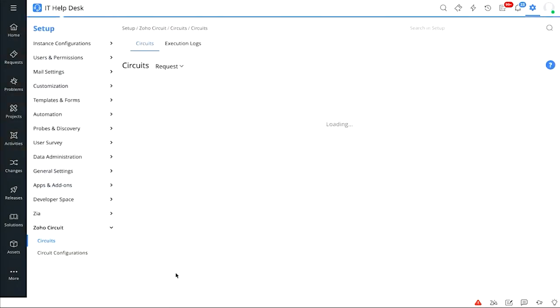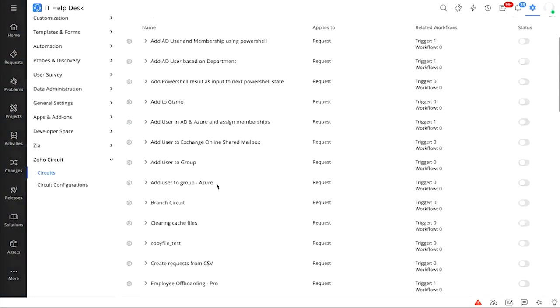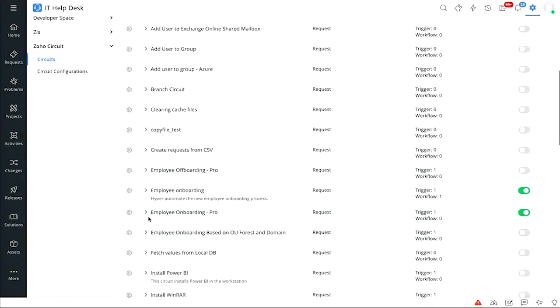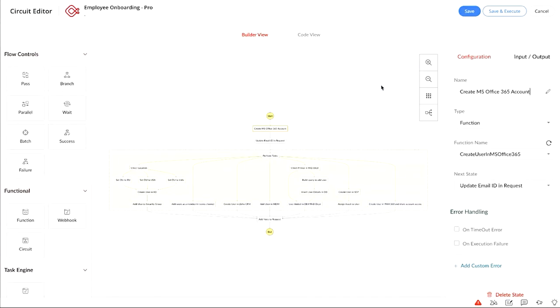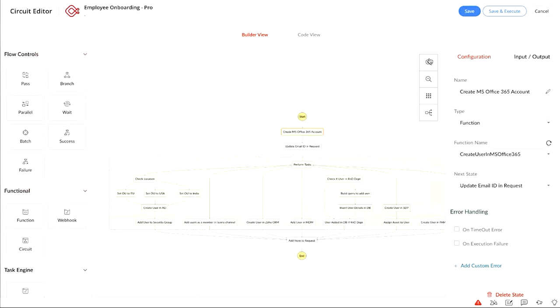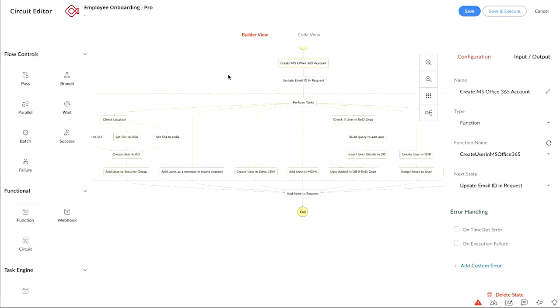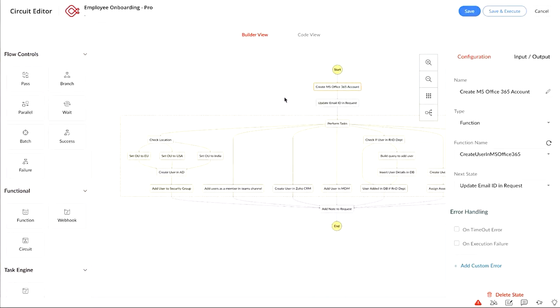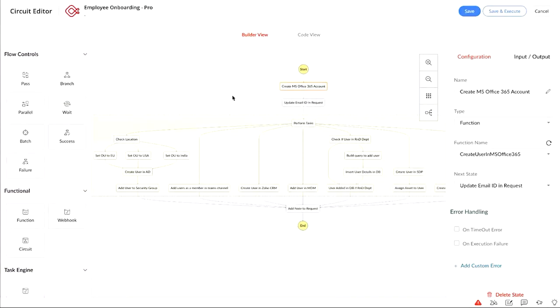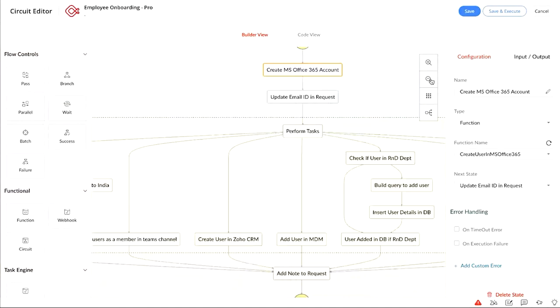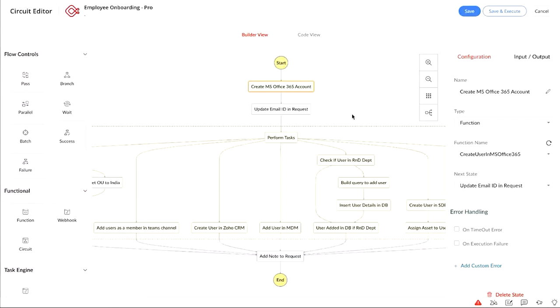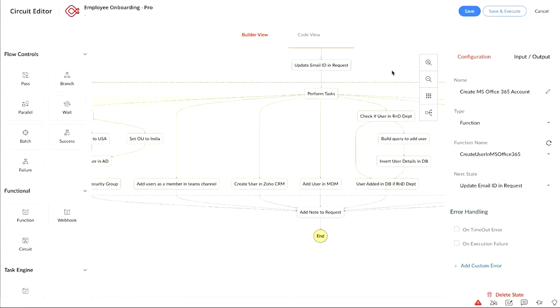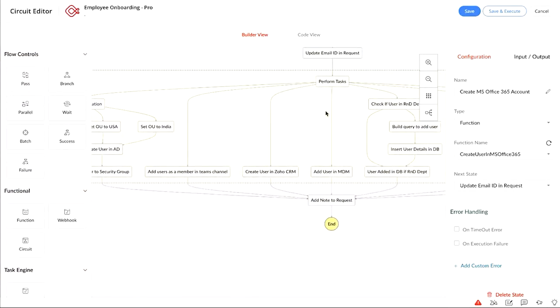I'm clicking on Zoho Circuits. Since we talked about the employee onboarding scenario, let's see how the particular circuit is going to look. So you see this particular play area wherein you will be able to configure the specific set of circuits in the application. To give you an idea on what this particular circuit is doing, first it's going to create an MS365 account, update the email ID on the request, and then it's going to perform